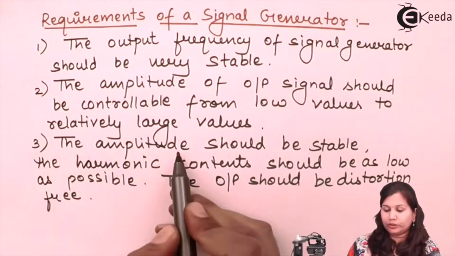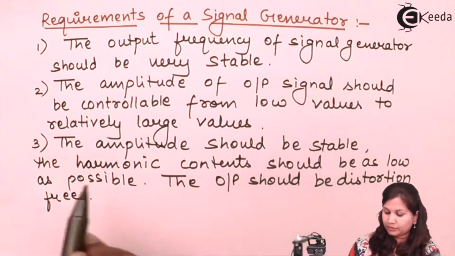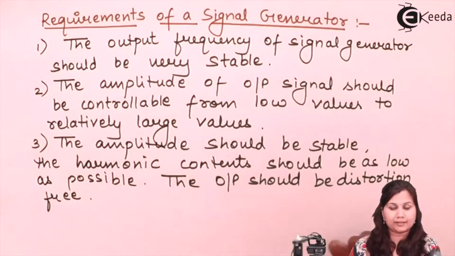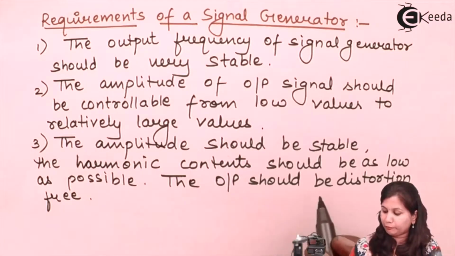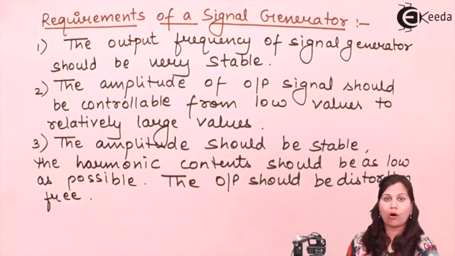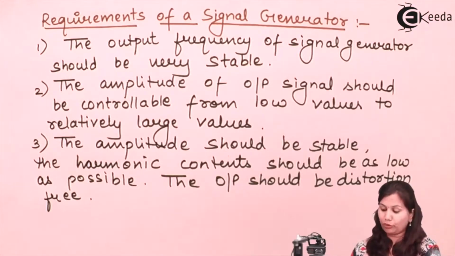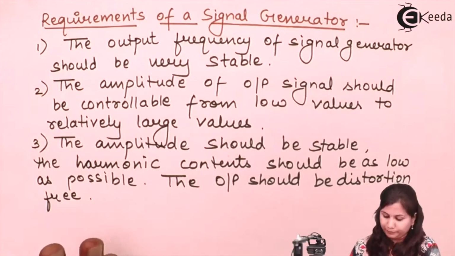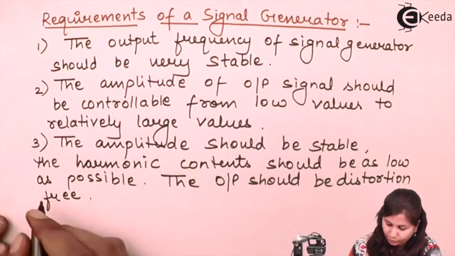Now the amplitude should be stable, the harmonic content should be as low as possible, and the output should be distortion free. There should be no distortion, no harmonics, and the amplitude should also be stable. Another requirement is that